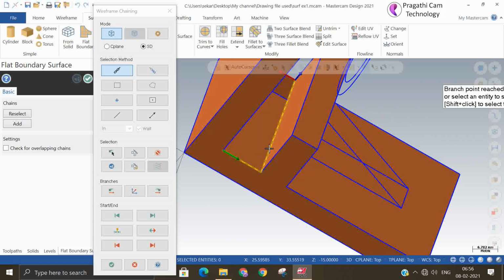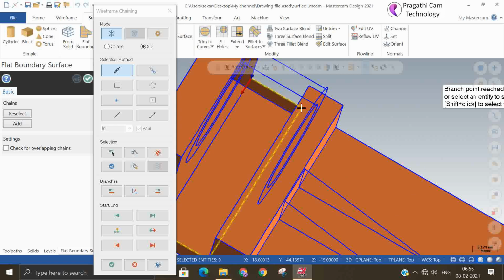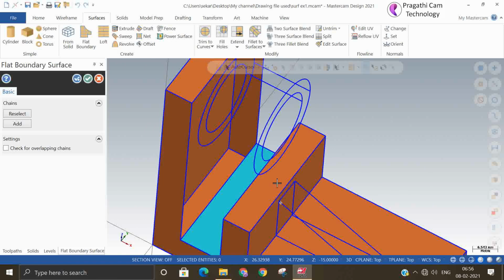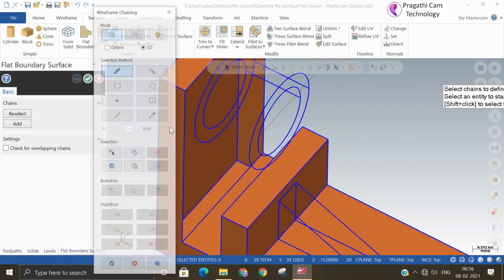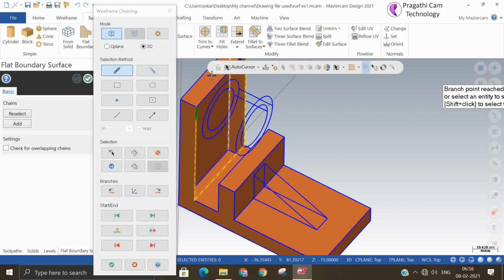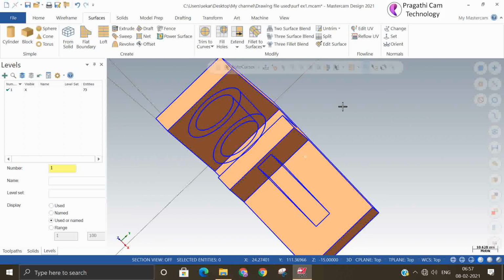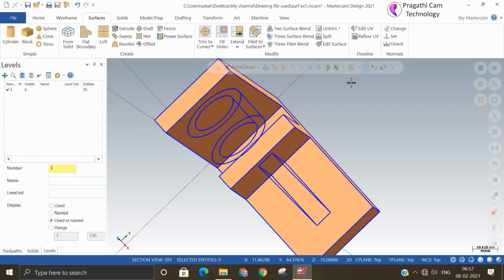So the backside has to be closed now. Now the vertical wall. Now we need to add the rib and cylinder. It's not possible to do by the flat boundary.